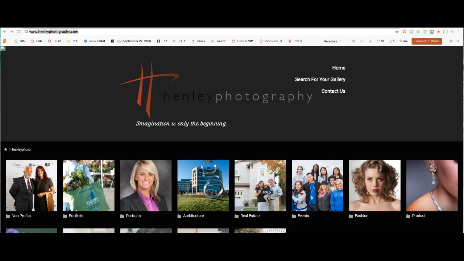The second aspect, which is the offsite aspect, is all about trust. The way Google determines that you're a trustworthy site is by seeing how many other sites on the internet are linking back to you or have information pertaining to your site. Each of these links or citations essentially counts as a vote in a popularity contest. So the more votes somebody has, the more popular they are.